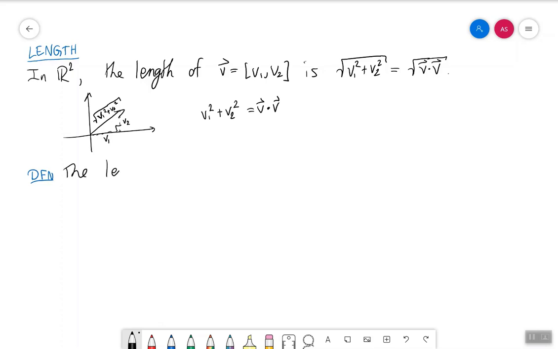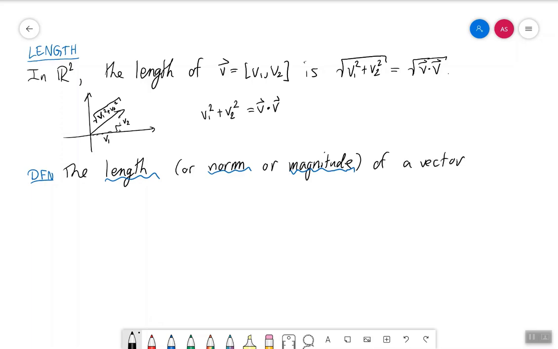The length of a vector, also called the norm or magnitude, of a vector. You spell that right, not a V at the end. Vector. Length of a vector. I don't have a period there. The length of a vector v is